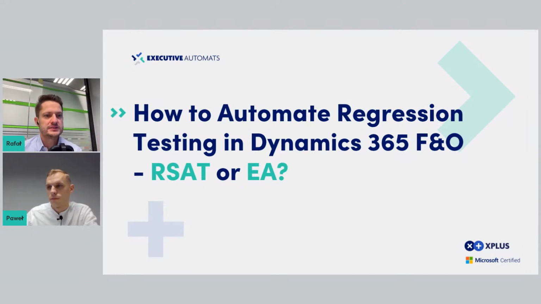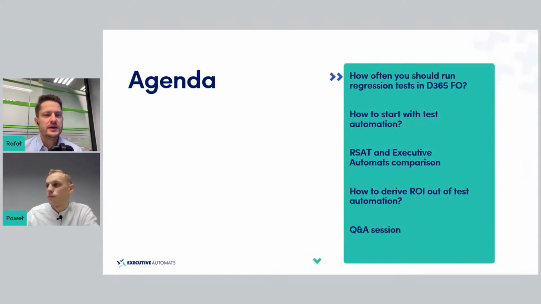Moving forward to today's webinar agenda. First, we will tell you how often you should do the regression test. Afterwards, we'll move to valuable knowledge on how to start testing and automate those tests. Then a comparison between RSAT and our test automation tool, the Executive Automats. Next, we'll jump to the topic showing how much you can earn if you automate your tests, simply a return on investment simulation. Last but not least, as I have mentioned before,